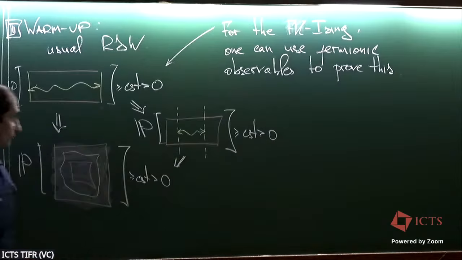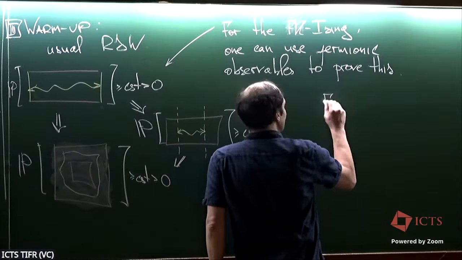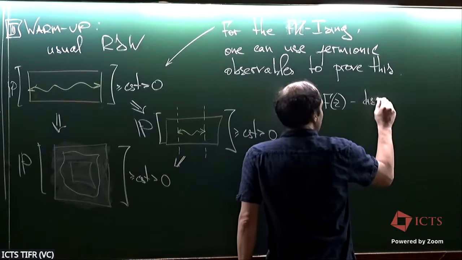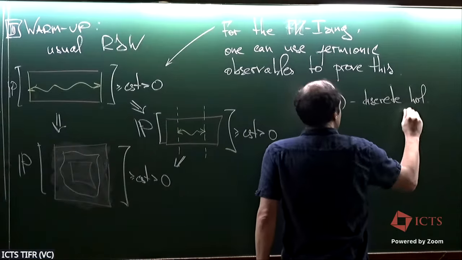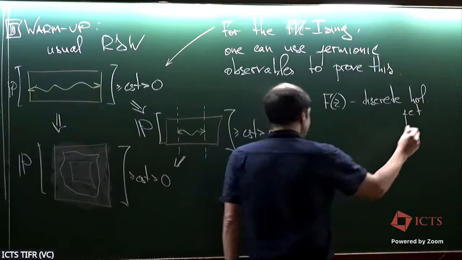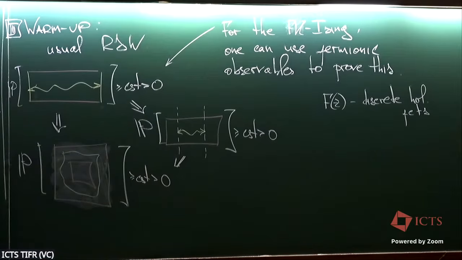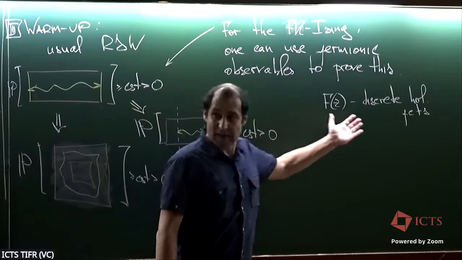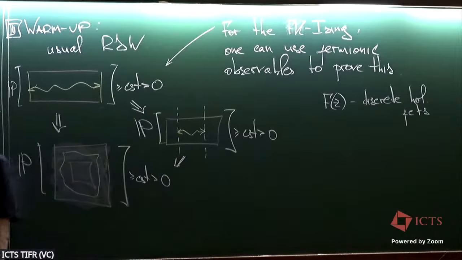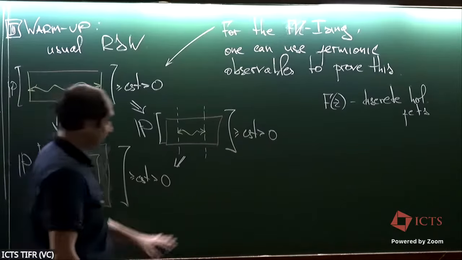So the fermionic observables F(z), which are discrete holomorphic functions. And there are many, okay, maybe not tons, but several definitions thereof. So you can come to them classically, starting from the spin-disorder formalism of the Ising model, or you can use a more modern definition by Smirnov, defining them through sums over interfaces, and combinatorially that's just the same, because spin-disorder correlations simply have the same combinatorial expansions. So there are discrete holomorphic functions.